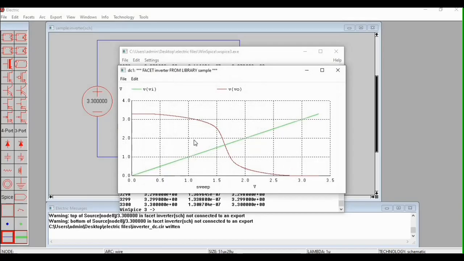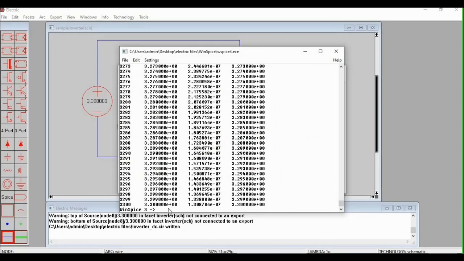So after you're able to get the output waveform, we need to save the data such as the output voltage. We can do that by typing print space the parameters you need to save, in this case Vout, so VO. So we use VI and VO for Vin and Vout.